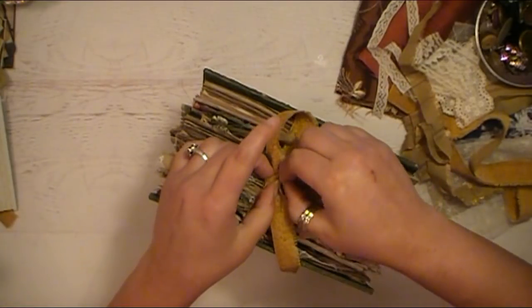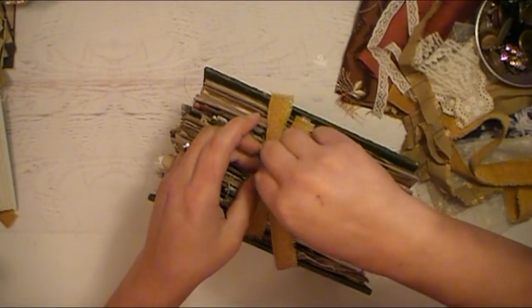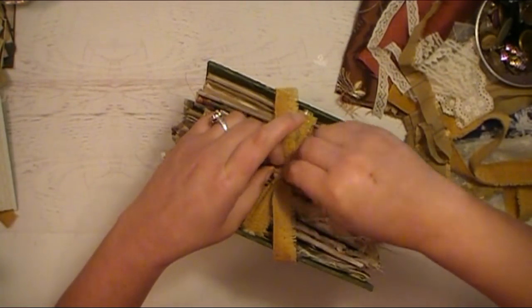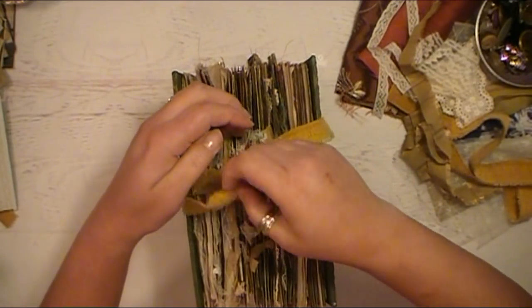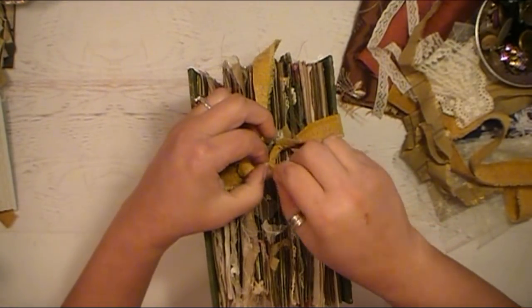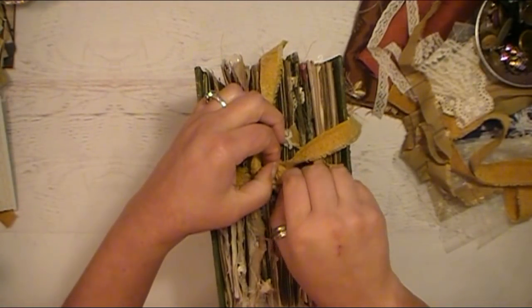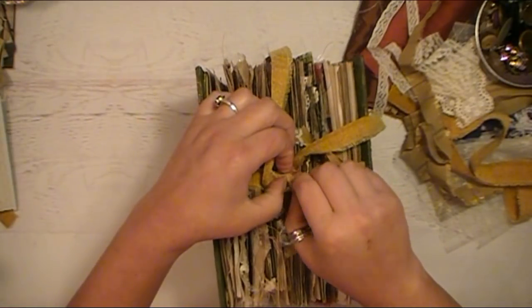So I have this gold here. This trim is so cool. It's really neat fabric that I found, and it really works perfectly with the theme of Gone with the Wind. And for me, when I think of the colors of Gone with the Wind, I instantly am drawn to the